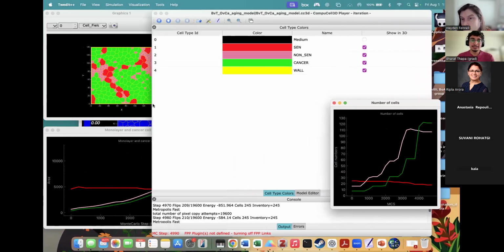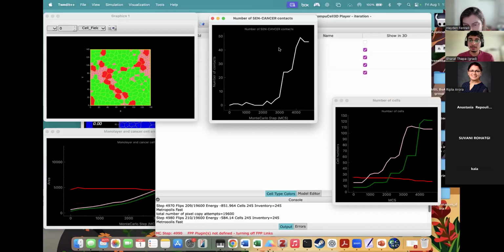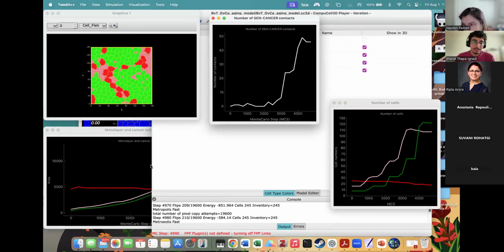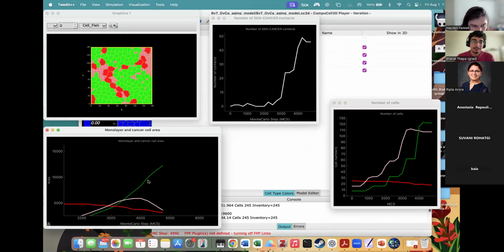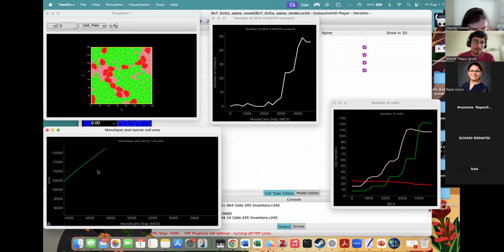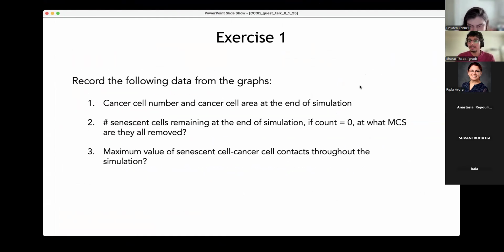Then once it's played, so it's done already, as you can see, I want you guys to go to each of these graphs and eyeball the measurements. So you can zoom in and get an idea of what value it is. And for the data that you guys are going to collect, this is the part which shows. First, feel free to write it on an Excel sheet, or if you have a paper,